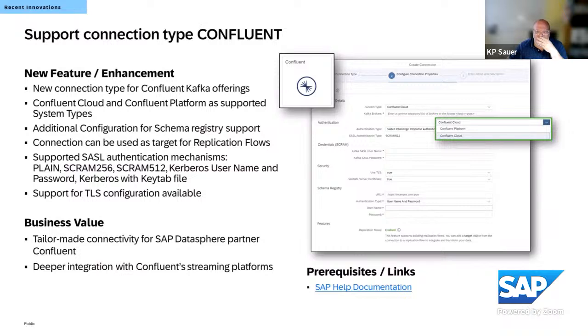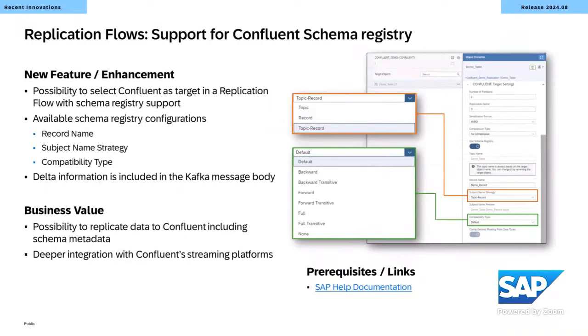Maybe let's go to the next slide, which shows some details regarding schema registry support in the context of replication flows when we use this Confluent connection as a target. If we are creating a replication flow, we now have the possibility to choose Confluent as a target. And the replication flow is